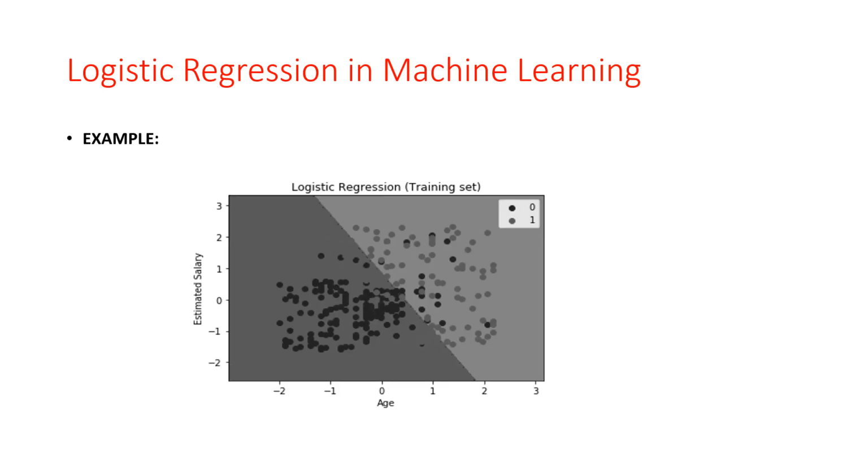Next is the logistic regression example. There is a data set given which contains the information of various users obtained from social networking sites. A car making company has recently launched a new SUV car. The company wanted to check how many users from the dataset want to purchase the car. So we are predicting here how many users want to purchase this particular car. For this problem, we will build the machine learning model using the logistic regression algorithm.